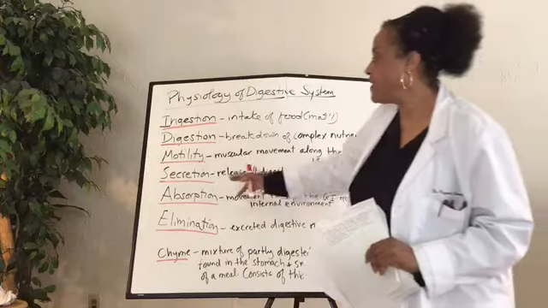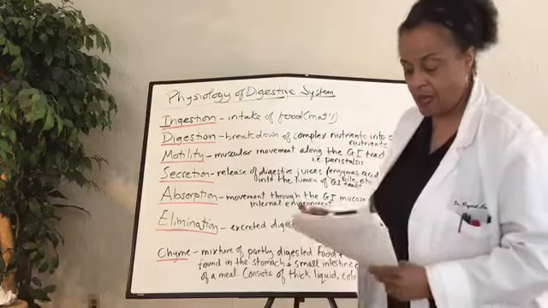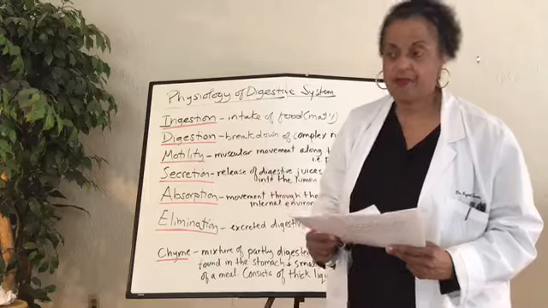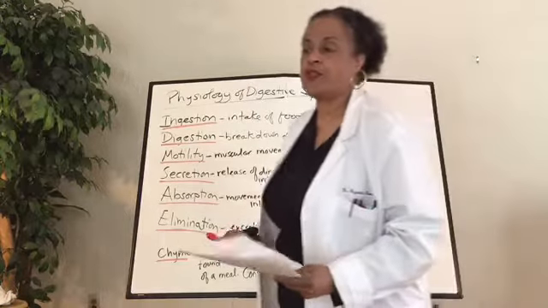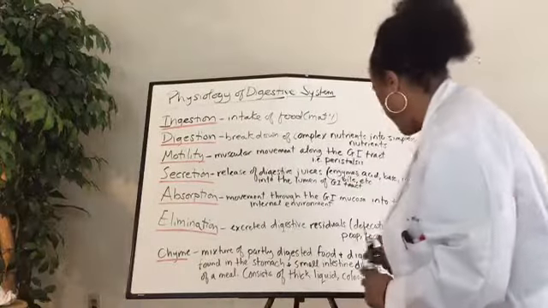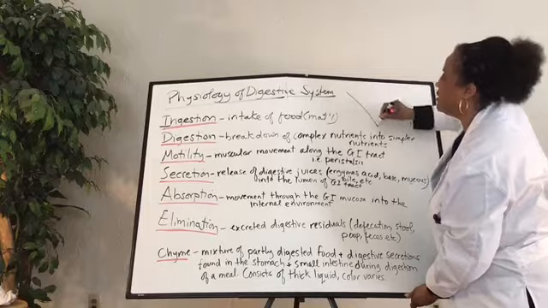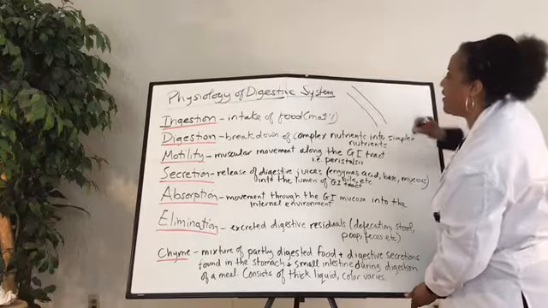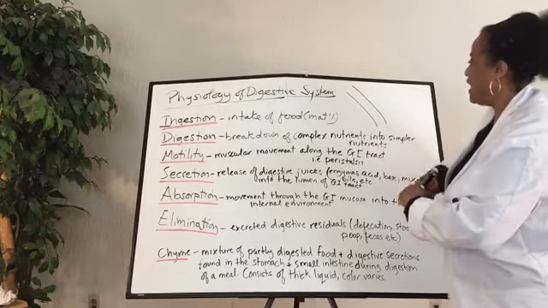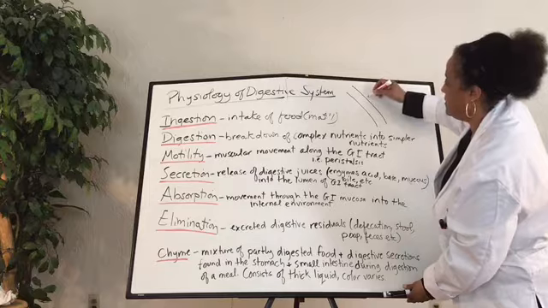So let me go over these two, secretion and absorption, so we'll have a good idea about what that is, and then we'll continue on with the digestion. Let's just go over this real briefly so you can understand it. Say this is the tube of the GI tract. When things come into it,